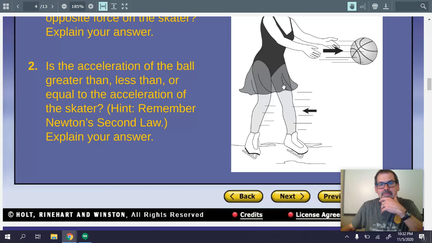And then if the forces are the same, because they are, the forces are the same, and we're calculating for acceleration, so remember our famous